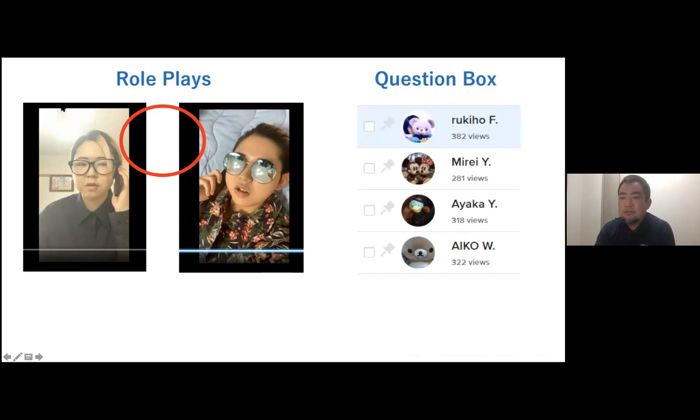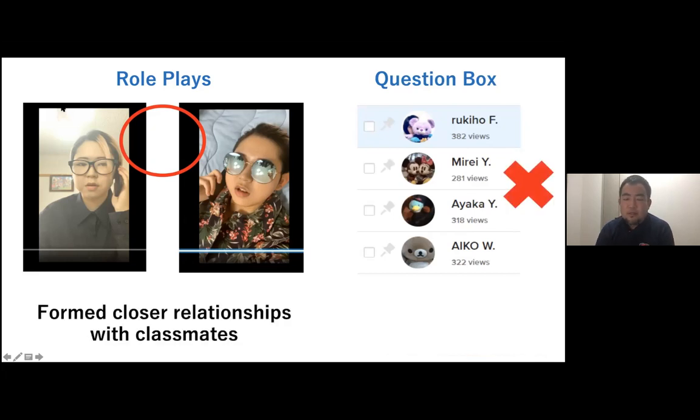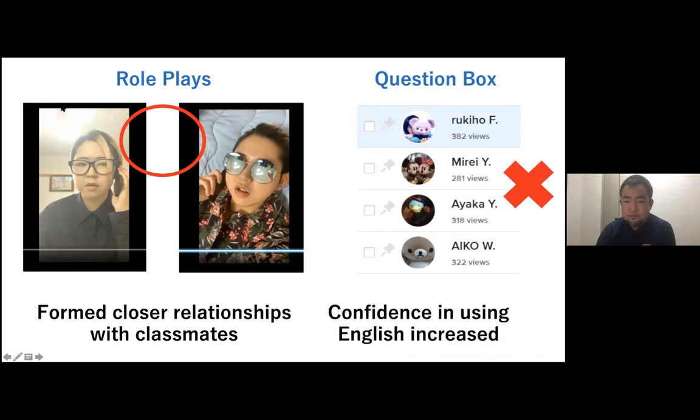Overall, I found that the effects were the first year students formed much closer relationships with classmates. They said that they were able to see each other without their masks. They were able to exchange interesting information with each other and get a lot of positive comments about their English speaking. So their confidence in using English increased a lot,